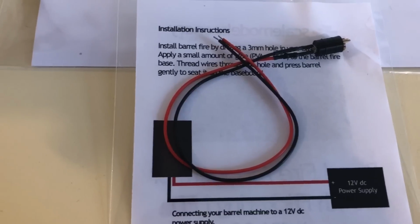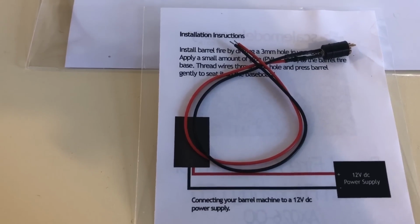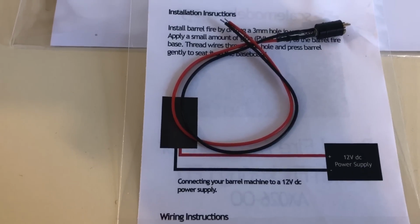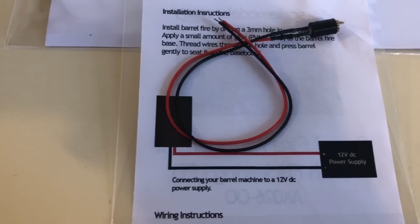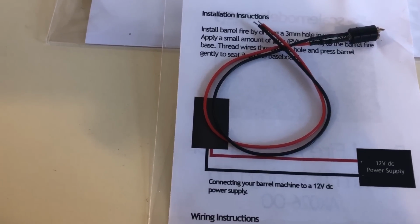So I might need to add an additional switch to that. And as you would have seen in that video, things didn't go exactly to plan. So that's not going to be too much of a problem, adding another switch to that if I need to. I might just add this to another